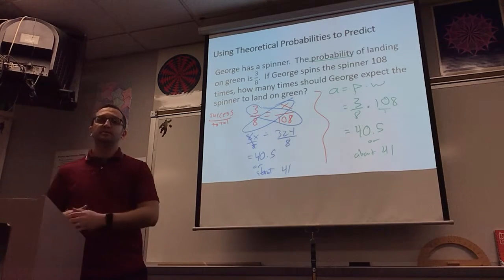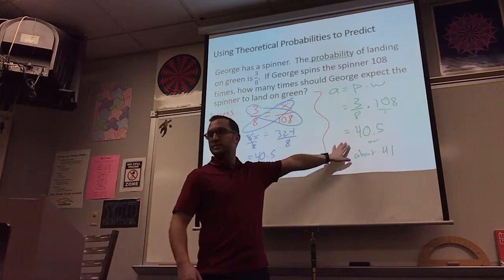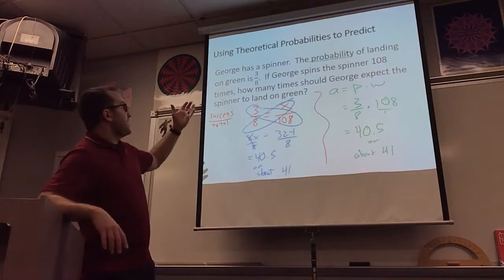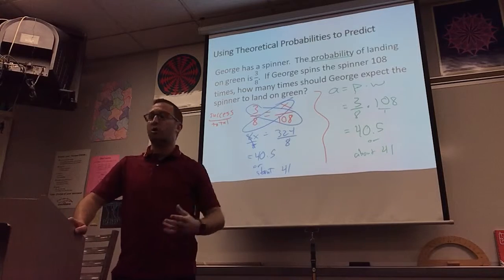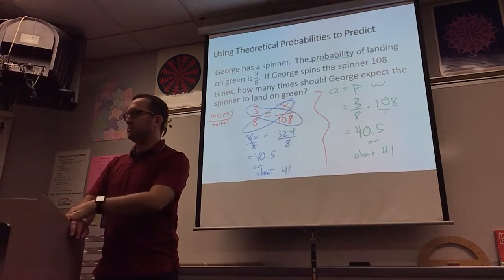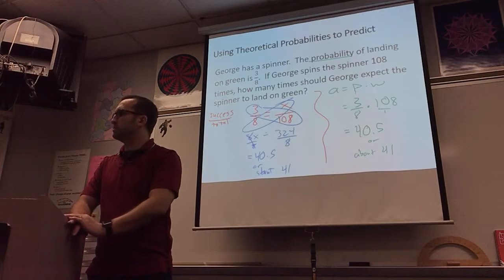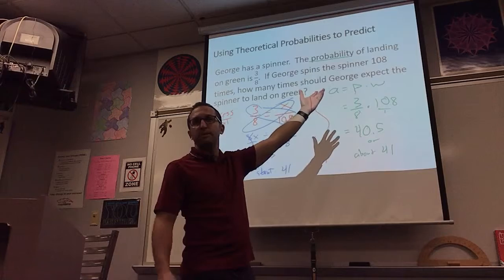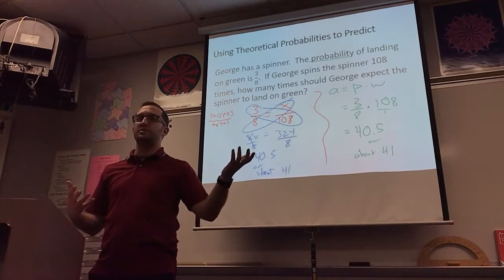Same problem, different way to solve it. Okay? You pick which one you like. I'm going to be honest with you, I always like this one. With probabilities, to me, it makes more sense. 3/8, okay, so 3/8 of the spins should be green. Are 3/8 of the spins going to be green? Probably not exactly 3/8, but it should be pretty darn close. Probability, number of times, that's how we make a prediction. Predict it by just taking the probability of the number of spins.